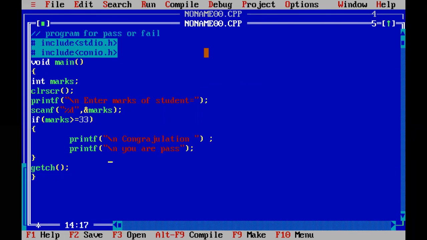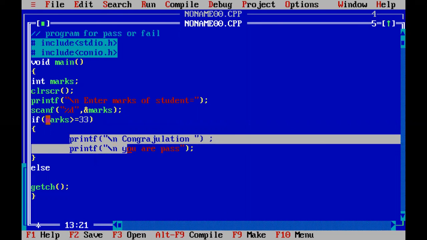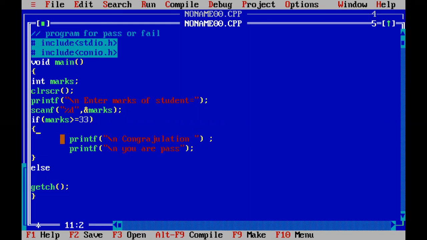Now I will use the else statement over here, else. Keep in mind, for a single statement, there is no need to make a block like this one. I made a block because there are two statements under the execution of the if statement, so the block was necessary. If there is a single statement, there is no need, but for practice, to remove your confusion, you make a block for a single statement or a group of statements as well. Printf